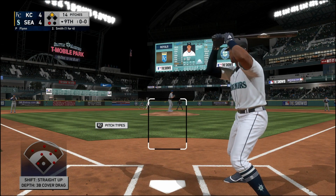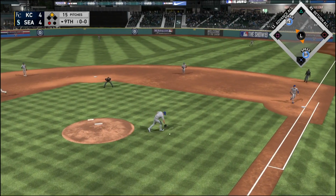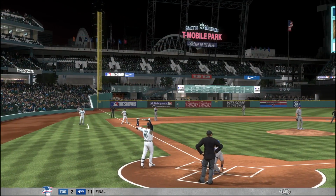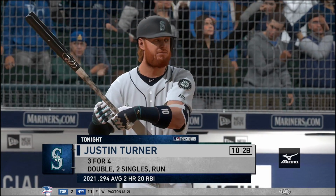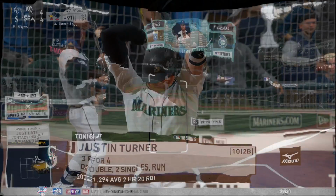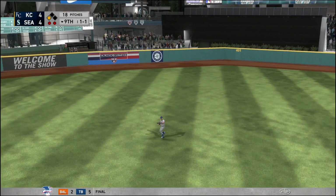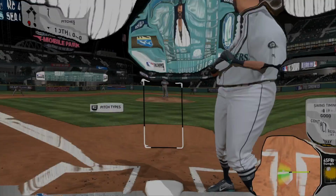Here in the second game of the series, Malik Smith at the plate and J.P. Crawford at second. And we hit a little nubber to the pitcher here, and they get the out at first. And now it's a guy on third base, Justin Turner at the plate, hitting .294. He's 3 for 4 in this game, a double and 2 singles, and this is a tailor-made situation. He gets a pitch to hit. It's a liner right up the middle, but right at Billy Hamilton in center, and that's an easy put out